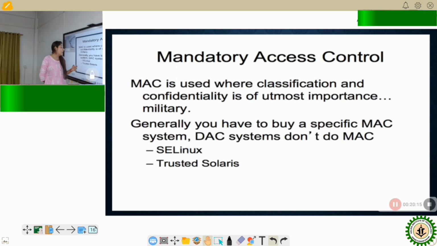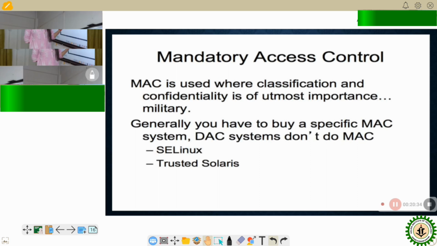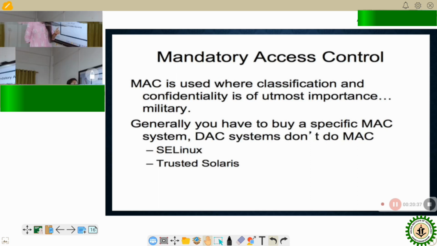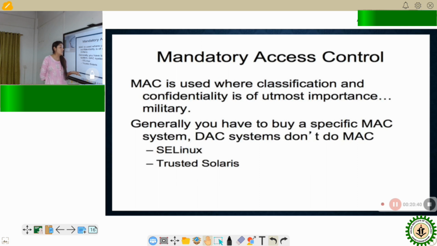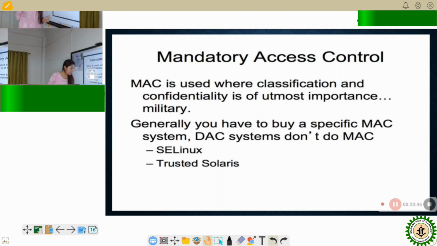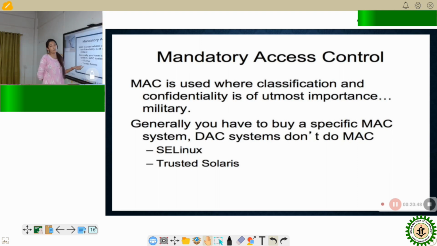You will be able to download this operating system from the NSA website and install it on your computer system. But bear in mind that you need to be very adept at handling MAC-based operating systems, because otherwise there is a very good chance that you would lock yourself out of the system. So you need to read up a lot on both of these operating systems if you want to use them in real life on your computer systems.